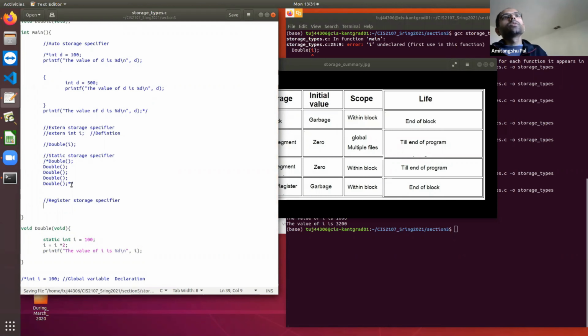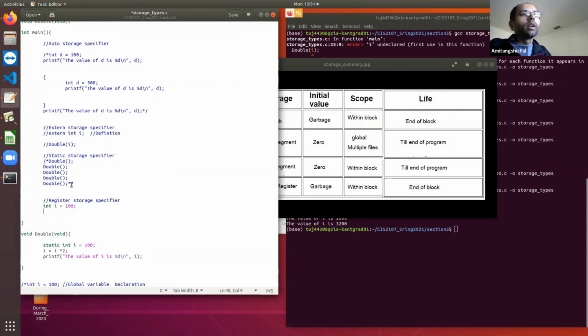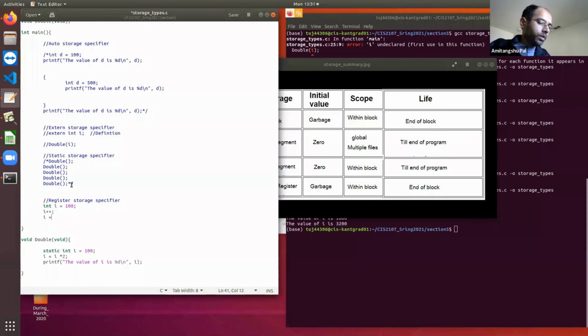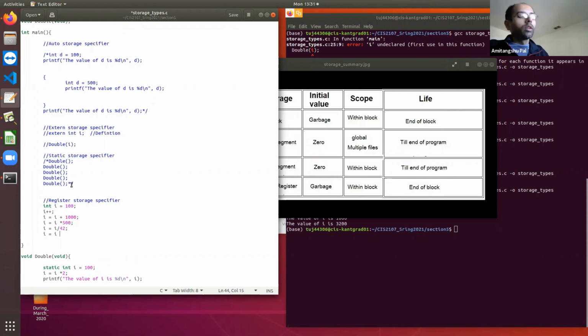Suppose you have declared an integer I equal to, say, 100, and then you are doing I plus plus, I equal to I plus 1000, I equal to I multiplied by 500, I equal to I divided by 42, I equal to I minus 890, something like that.